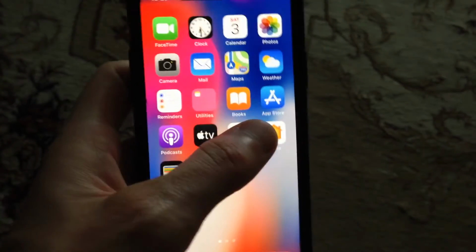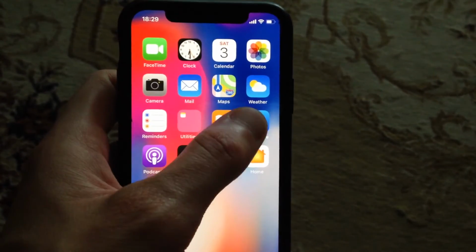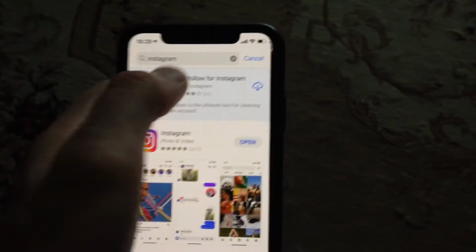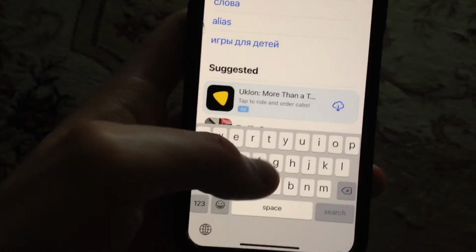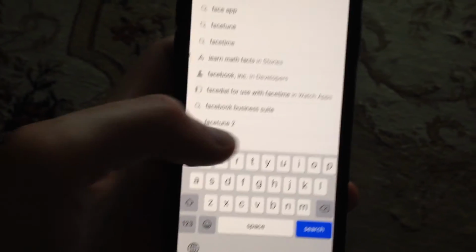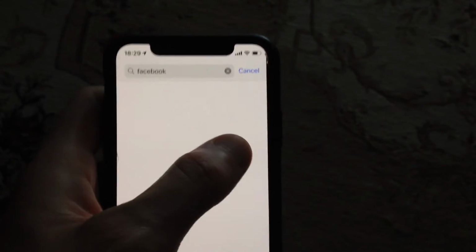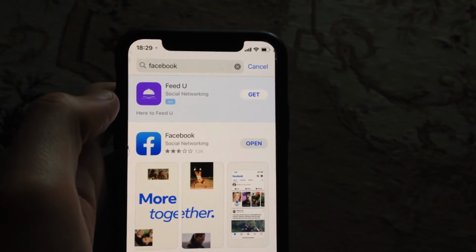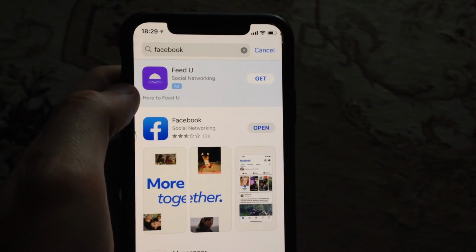And the last option you can try is to update your Facebook. So just go to the App Store, go to the Search tab, in the Search tab just write Facebook here, and if you see here not Open but Update, just tap on Update and wait until it successfully installs the latest